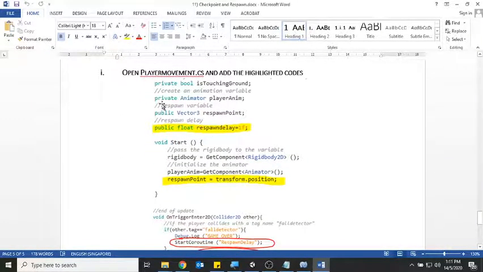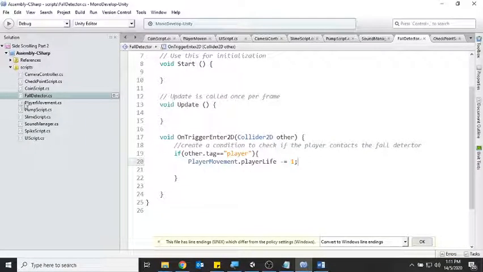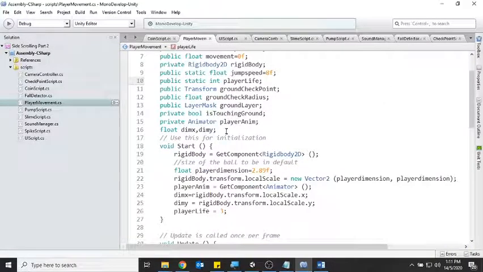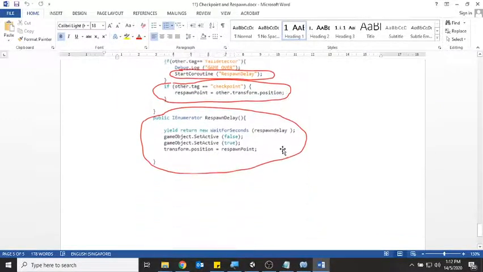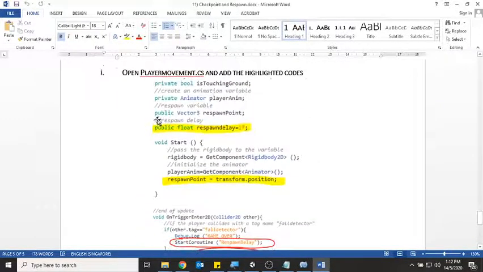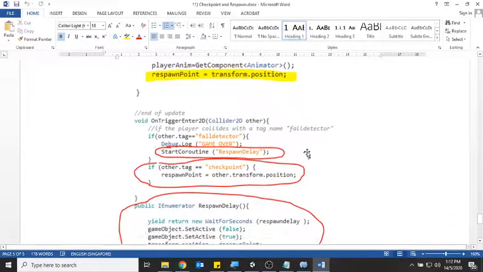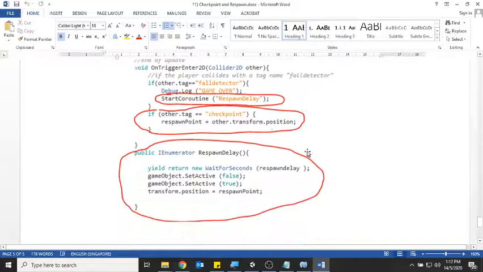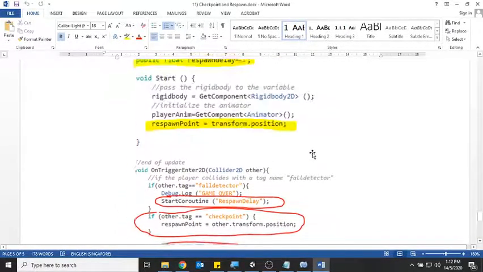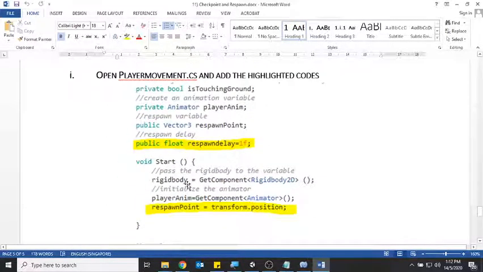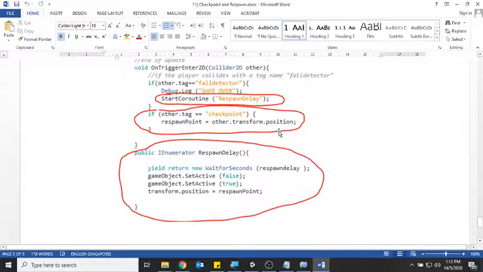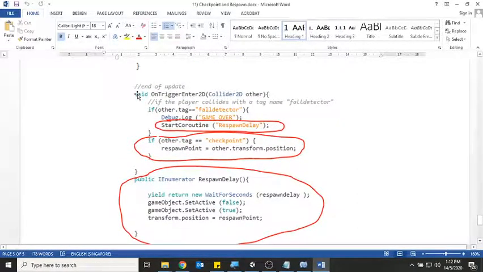So we're going to open our player movement script. What was the name of our script? Player movement. We're going to add a float delay. Actually, we don't need to add the float delay, we can just pass the float delay here. So ignore that, it's the respawn delay. We're just going to go to this one, game object. So we're going to add a trigger in our